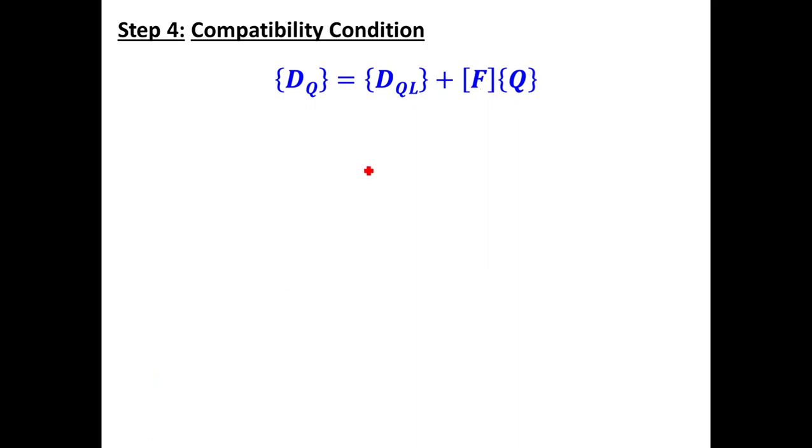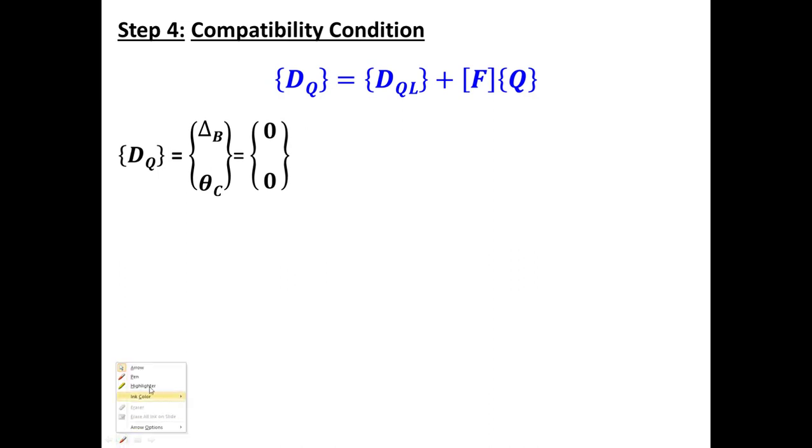These vectors are first, Dq vector. Dq is equal to displacement corresponding to unknown reactions in the original structure. Our unknowns are the reaction at B and the moment at C, that is MCB. So these are our two unknowns. Corresponding displacement, if the unknown is a reaction, is vertical displacement. If the unknown is a moment, the corresponding displacement is rotation.